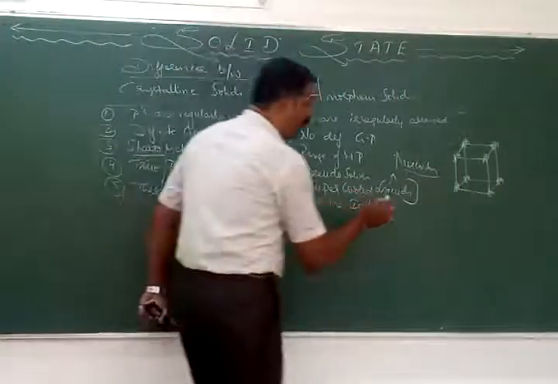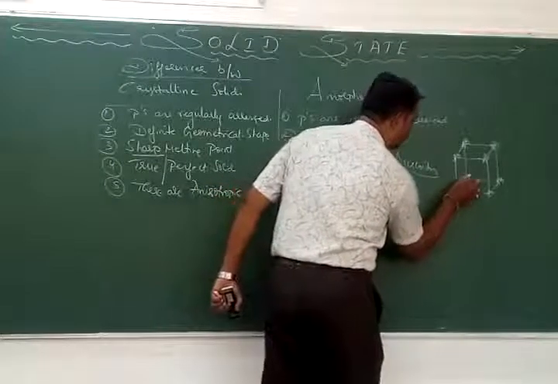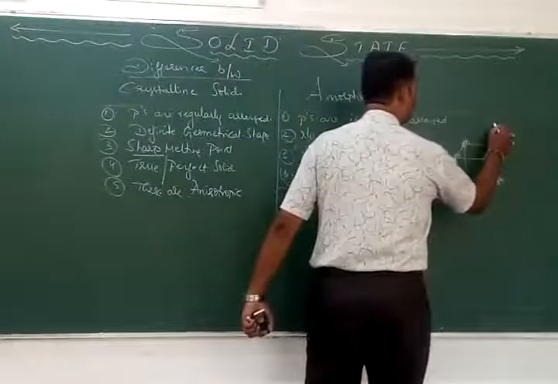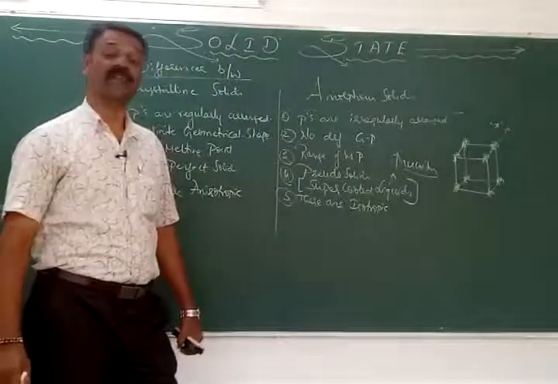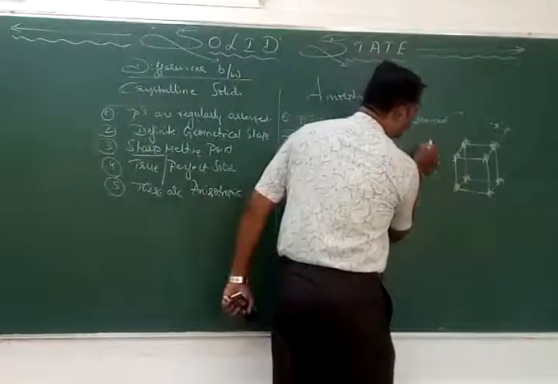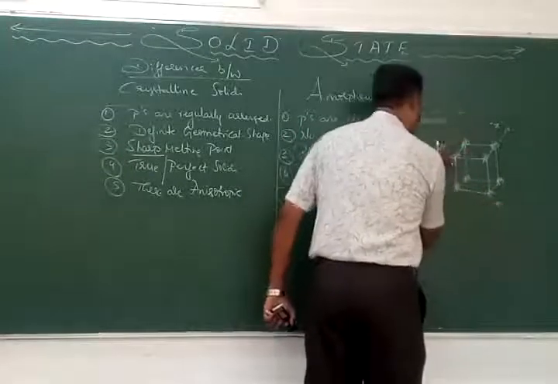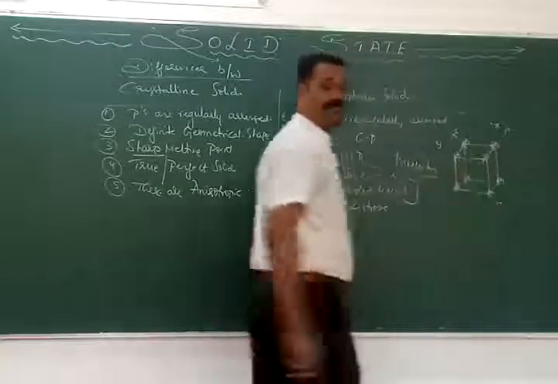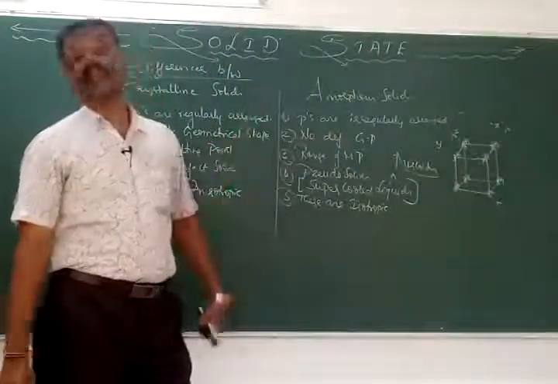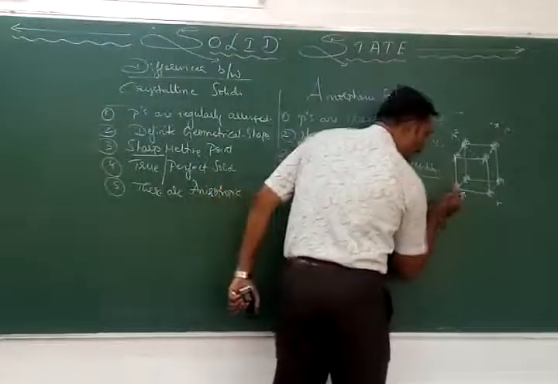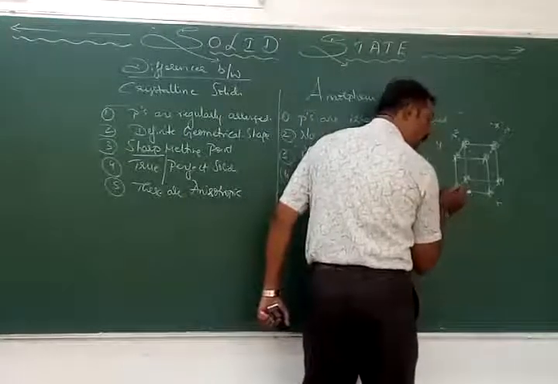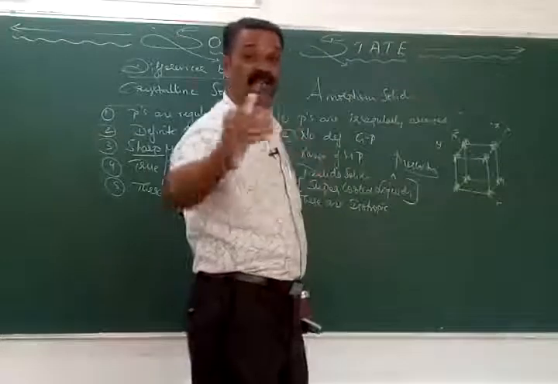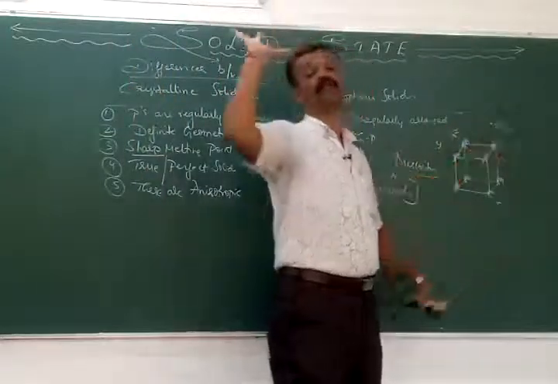Suppose I allow light to pass through it in one direction like this; it shows an electrical conductivity of, for example, X. If I pass it in this direction, it shows an electrical property of, for example, Y. In this other direction, it is, for example, Z. So X is not equal to Y is not equal to Z, because if I pass the light through this, the light ray first appears on the surface of A plus, then emerges into B minus, then A plus, moving in the direction A plus, B minus, A plus, B minus, and so on. That shows an electrical property; I don't know the value, let it be X.